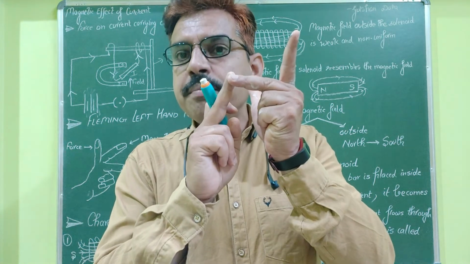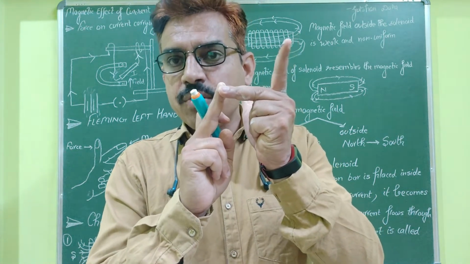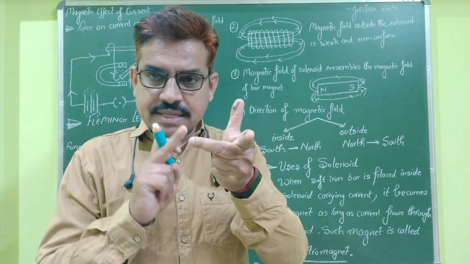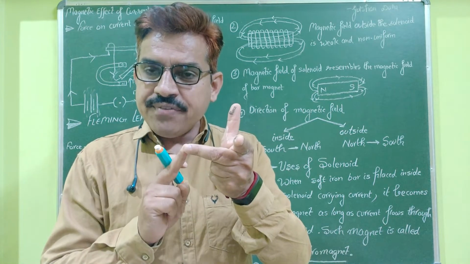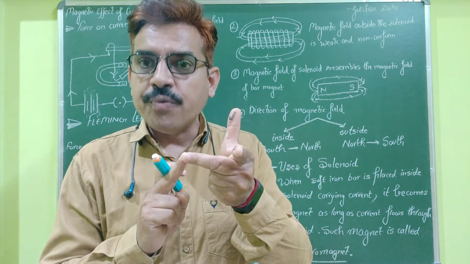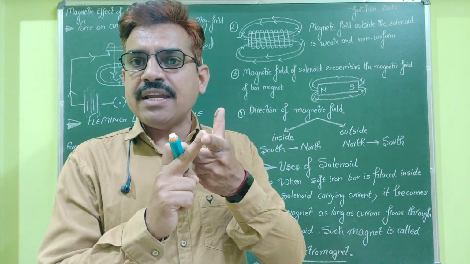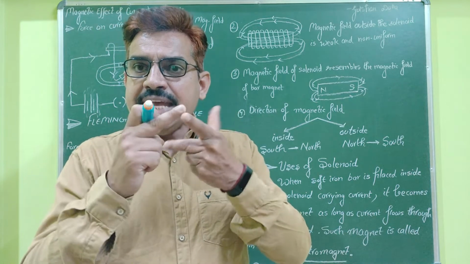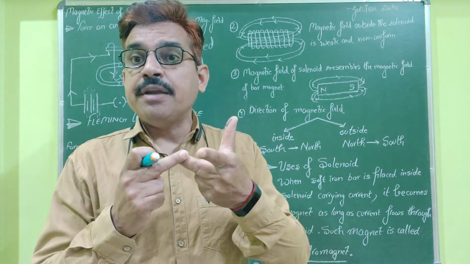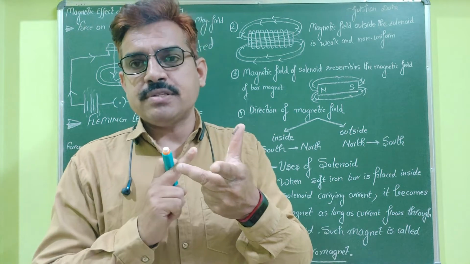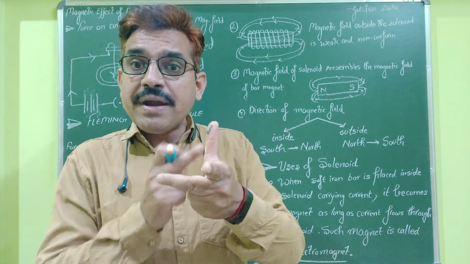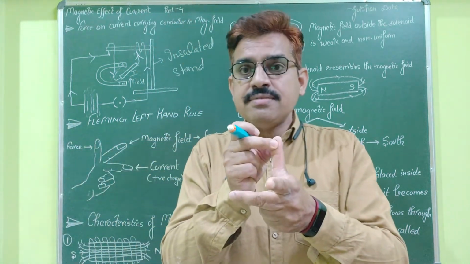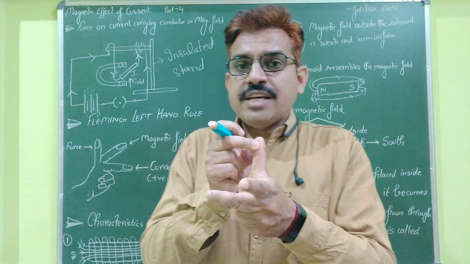in the direction of the middle finger, the central finger, and this is the direction of the magnetic field. This is the direction of the current, or in which the positive charge particle is moving. This is the direction of the magnetic field, and both are mutually perpendicular to each other, so the charge particle will experience the maximum force, perpendicular to these two, along the thumb. So this is known as the Fleming left hand rule.